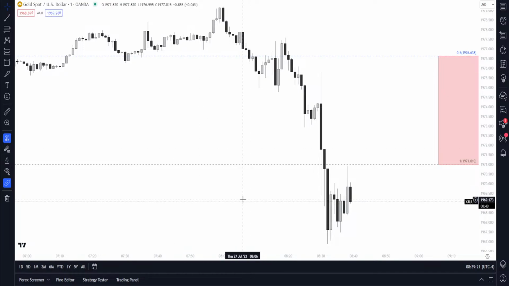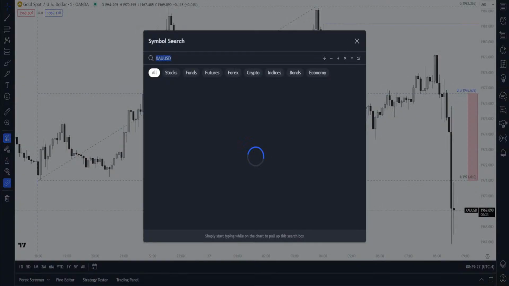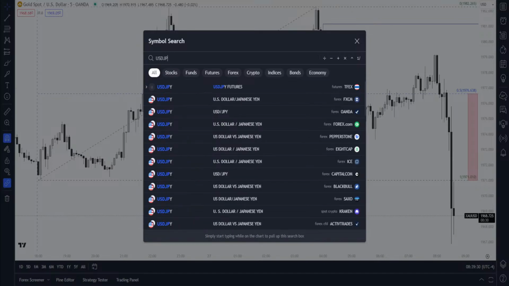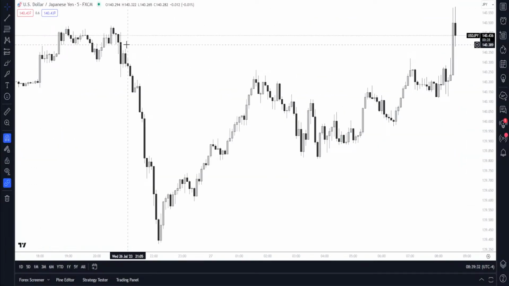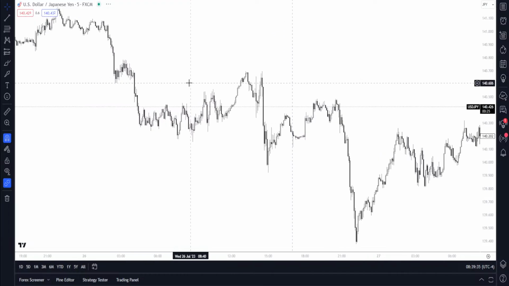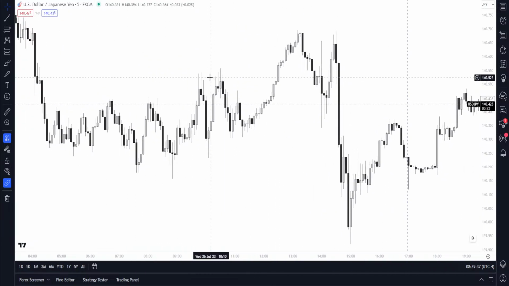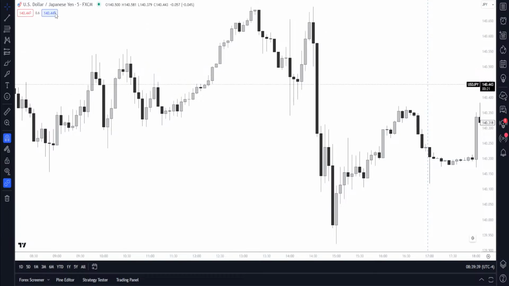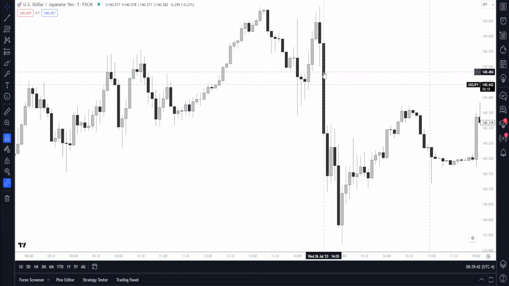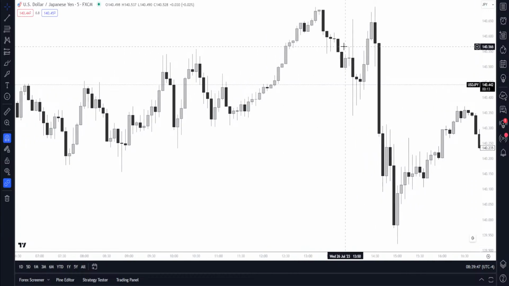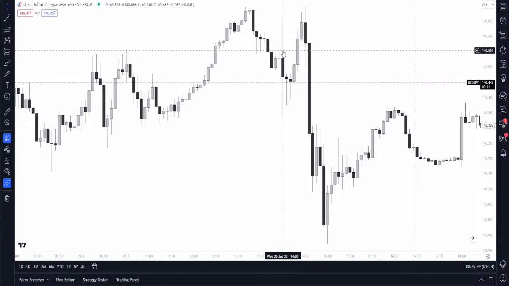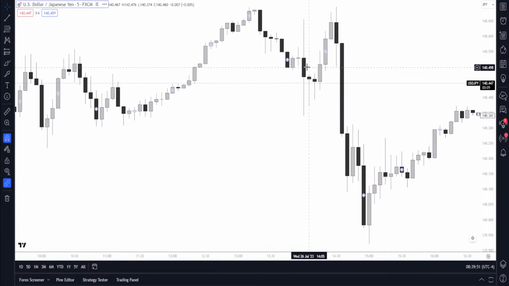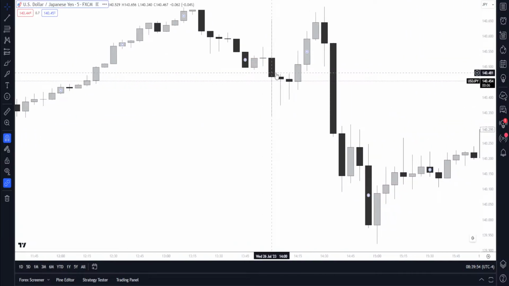One thing I did want to explain though, let me go ahead and open up USD JPY. I'll show you guys why I lost yesterday on the news trade. I remember telling you guys to sell both USD JPY and gold, and it was 2 p.m. Where's 2 p.m.? Right here. Okay, so here's why I lost.